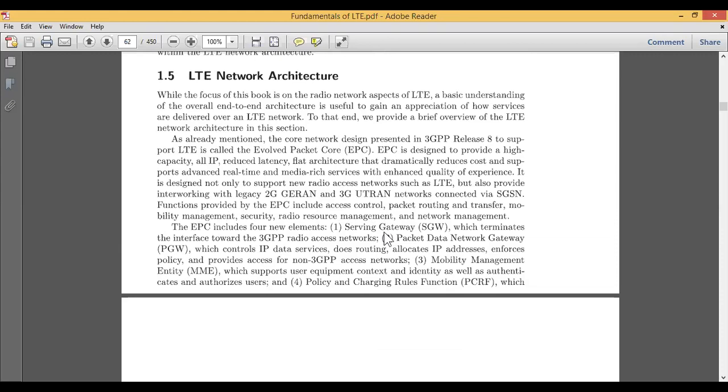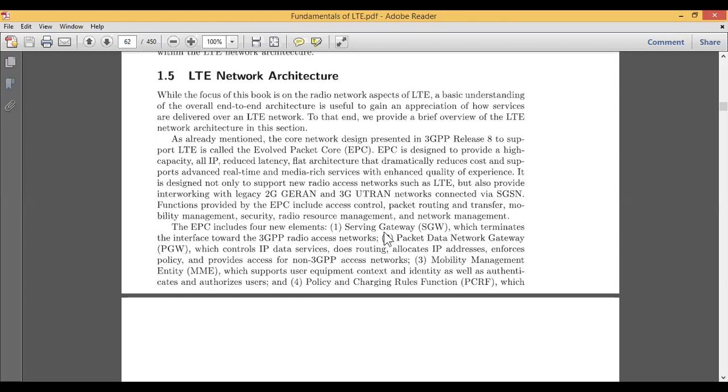Because there will be a lot of routers installed between the transmitter and receiver, or source and destinations. If you want to route from one point to another, we need to have the source address and the destination address, right? That particular source and destination address will be dynamically updated in the routing table. This service is provided in the LTE, but in the core architecture, not in the flat architecture.